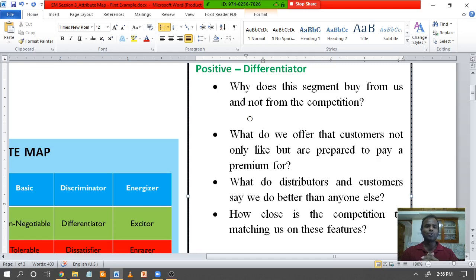For example, who's a customer for a baby product like Cerelac or Nan or maybe a diaper? Who's a customer for it? Would you say a parent? Would you say a baby is a customer for it? No, right? Because the baby does not make the decision. Who makes the decision? The parents make the decision. They pay for it. The baby is just a consumer. The customer is actually the parent.